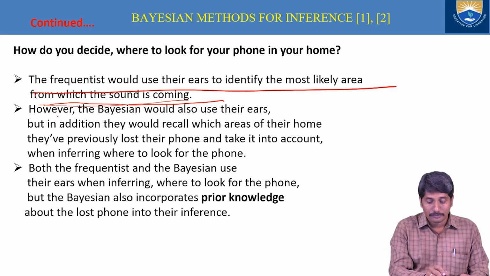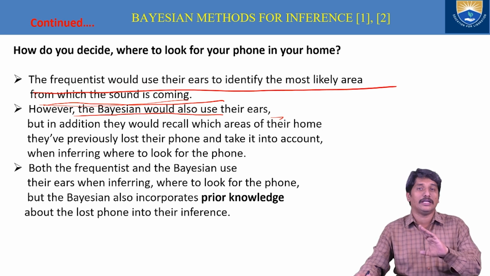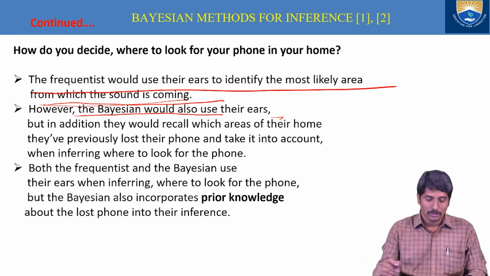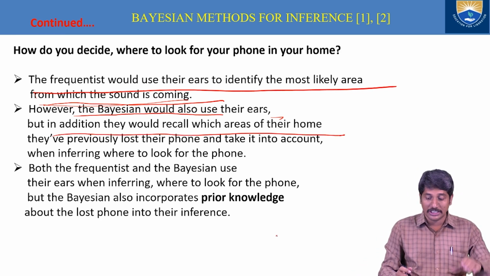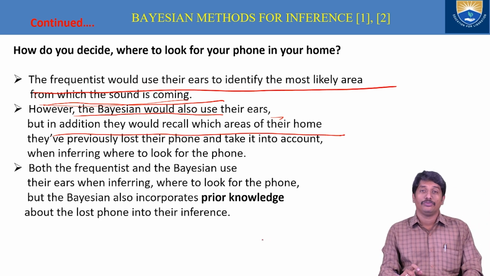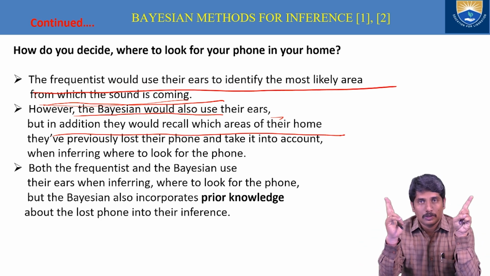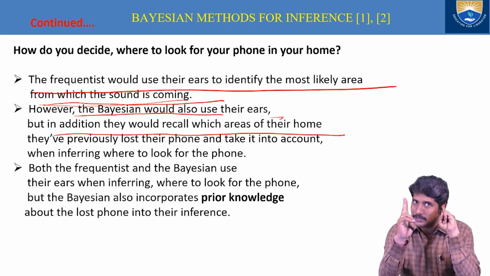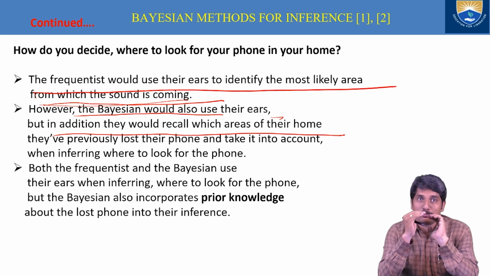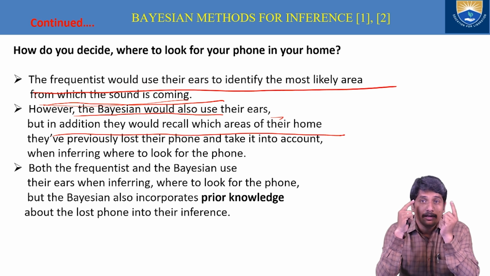However, the Bayesian would also use the ears. In the Bayesian approach, not only using your listening skills or listening power, in addition, they would recall which areas of their home they have previously lost their phone and take it into account. That means you are thinking in two perspectives. One is you are trying to catch the sound, and even then sometimes you may be confused where the sound is coming from. At the same time, you will also think that previously